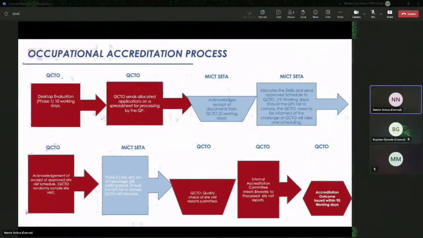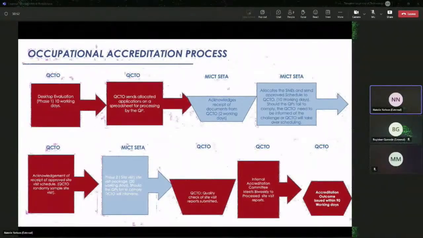You would then be requested to submit specific documentation that would include your quality management system. It would include your alignment matrix that indicates the various components of what you'd be implementing and which pages it could be found on and what it is going to address.